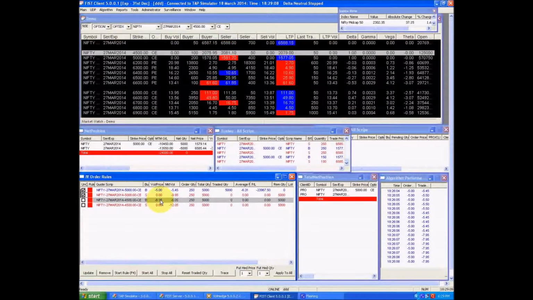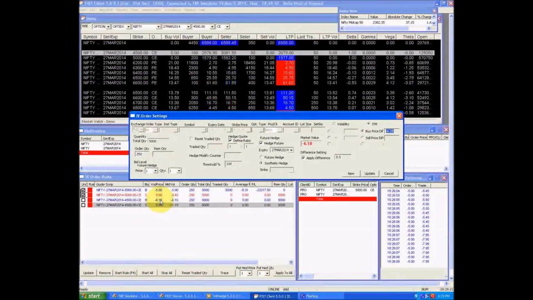I can check this rule again by pressing the Shift F2 key. The rule box opens again. It shows the 4500 strike has been selected, the 4500 call has been selected, and the hedging will be done through the 6600 strike.